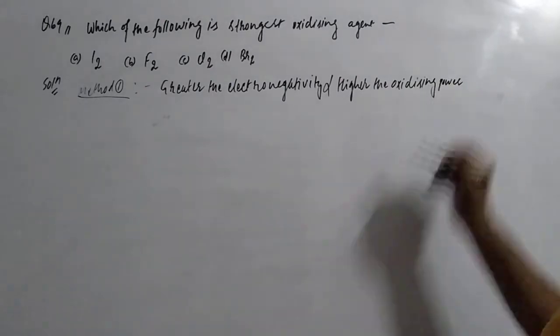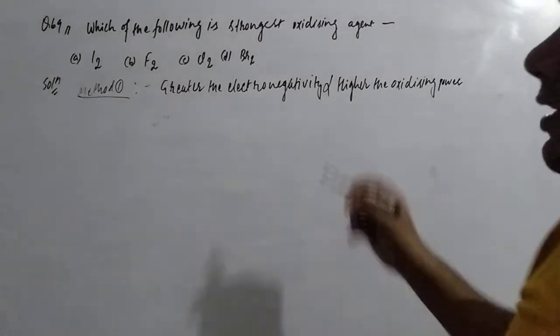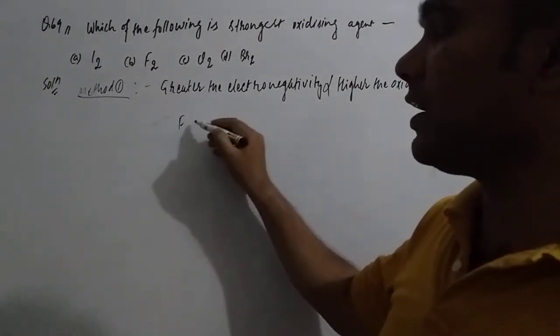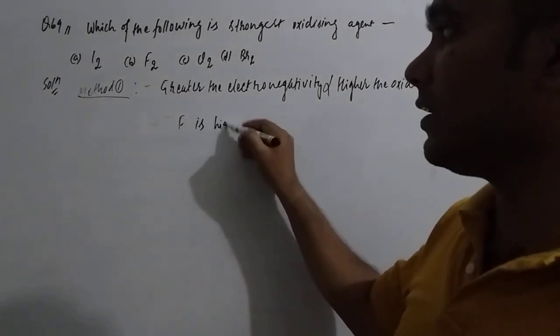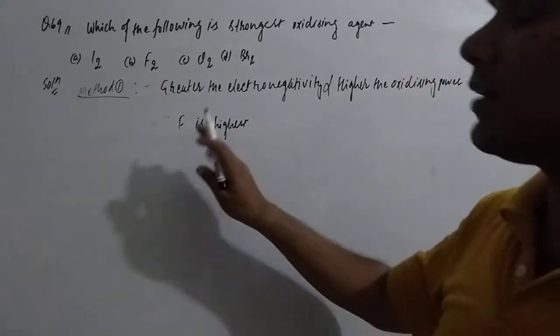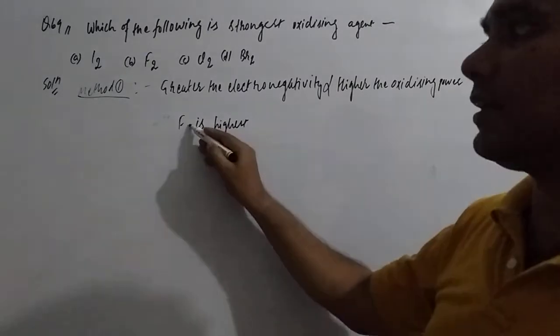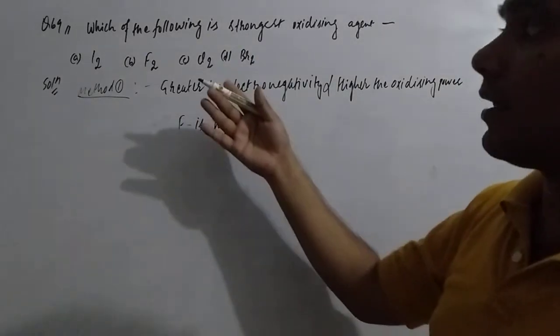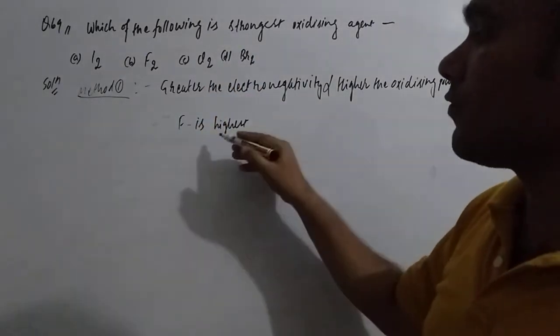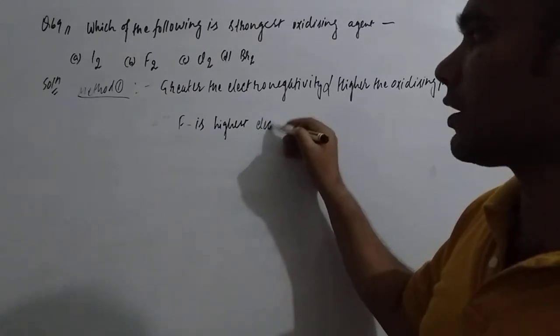We know that fluorine is the highest electronegative atom, the only highest electronegative atom. No other element is there which is more electronegative than fluorine. So fluorine is the highest electronegative atom,